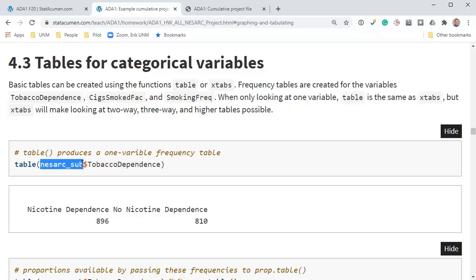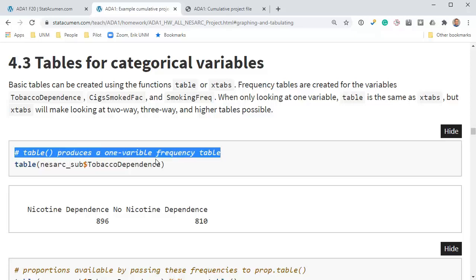In the last assignment, we renamed these to have nice names. So here's my nice name. And the $ sign is a way to specify a column within a data set. So this says, from the NISARC sub data set, choose the column with the name tobacco dependence, and then create a table. All right, so I'm just going to grab this code right here, these 2 lines, and copy,